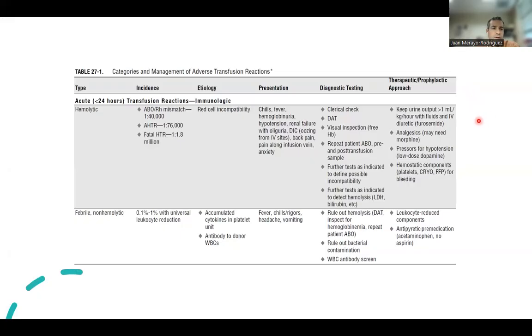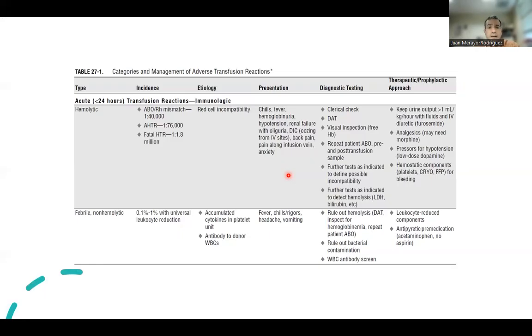I'm going to be presenting a little more about hemolytic later on, but here you can see in general that ABO-Rh mismatch is 1 in 40,000, the incidence. Acute hemolytic transfusion reaction is 1 in 76,000, and the fatal hemolytic reaction is about 1 in 1 to 2 million, basically. The etiology is red cell incompatibility, and the presentation will have fever, chills, hemoglobinuria, hypotension, renal failure with oliguria, disseminated intravascular coagulation